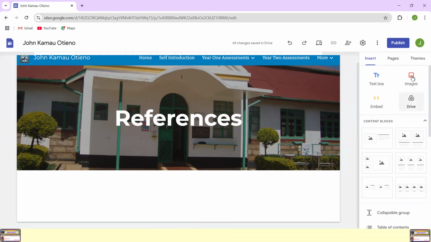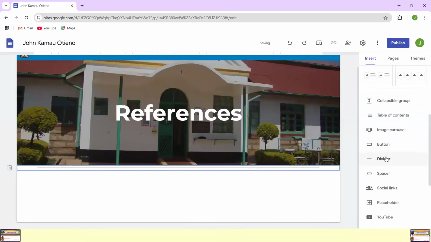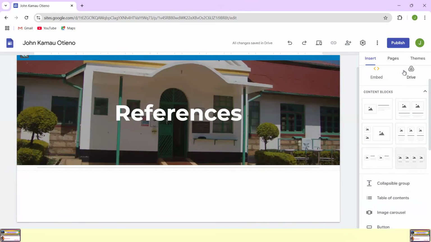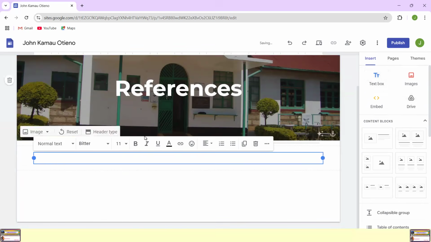So what we are going to do, I'll add a divider. So click on divider there, then select text box and type here the following